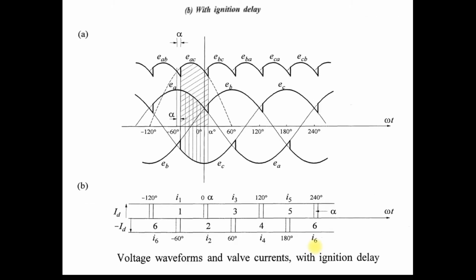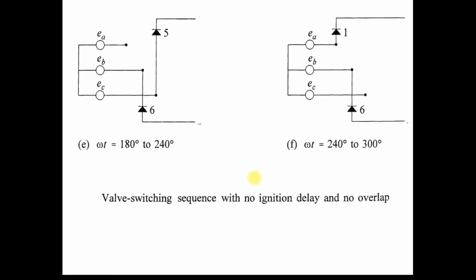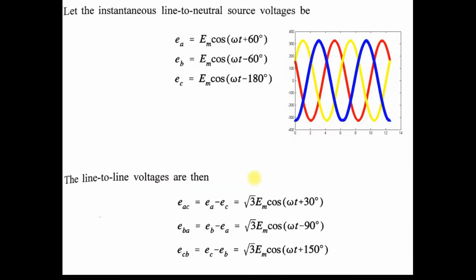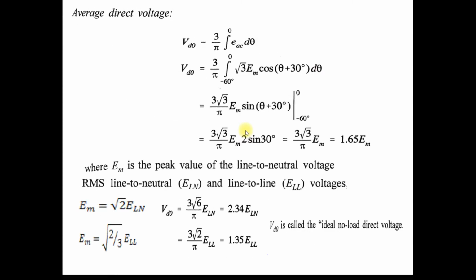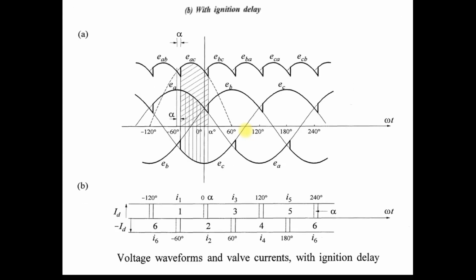Now, second analysis: we see that with ignition delay, our first assumption remains the same, neglecting the effect of source inductance. You can see that our analysis starts from here, assuming negligible source inductance, which remains as it is. But first we analyzed with no ignition delay, meaning alpha 0, and now we analyze with alpha, meaning with ignition delay, but this condition remains the same: negligible source inductance. For that we have seen the waveform here. You can see that here alpha is taken.